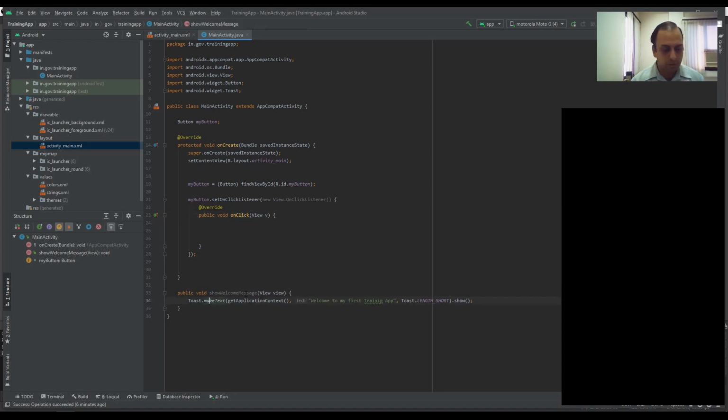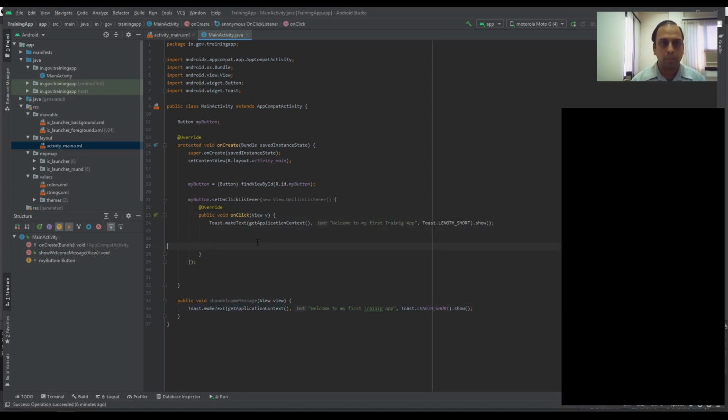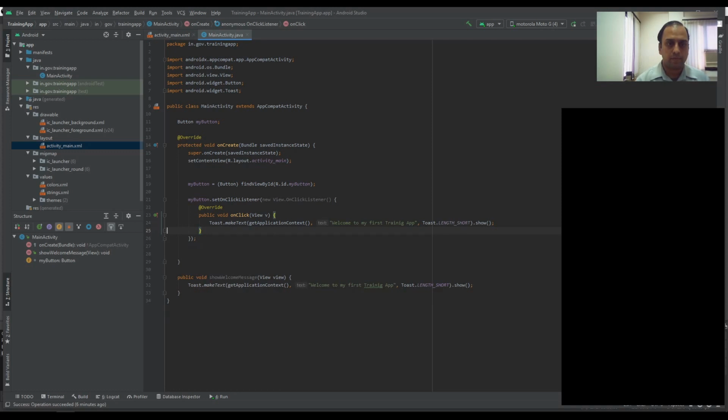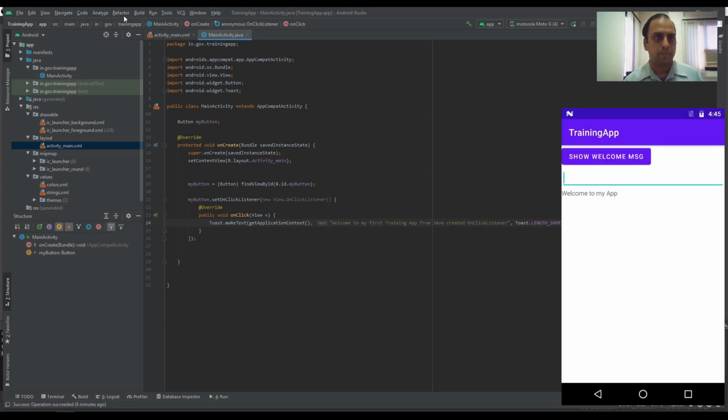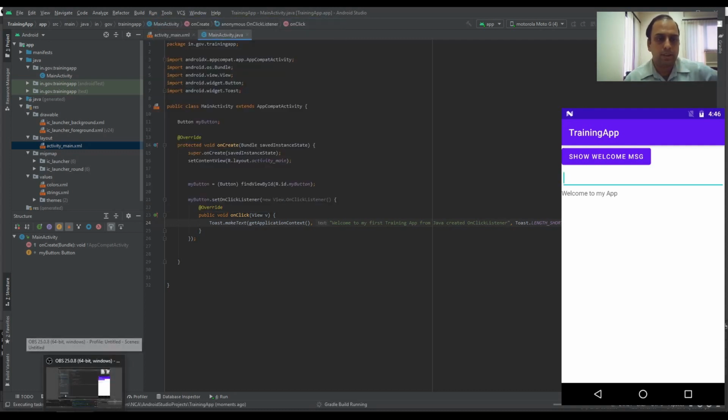So I will just copy this and paste it here, and this part is not required. The training spelling was wrong. From Java on click listener. Okay, let us try to run this app now.